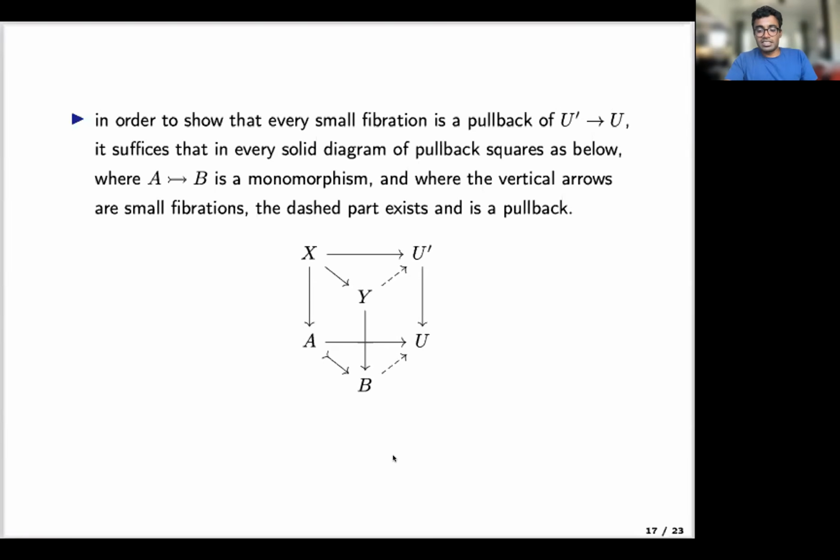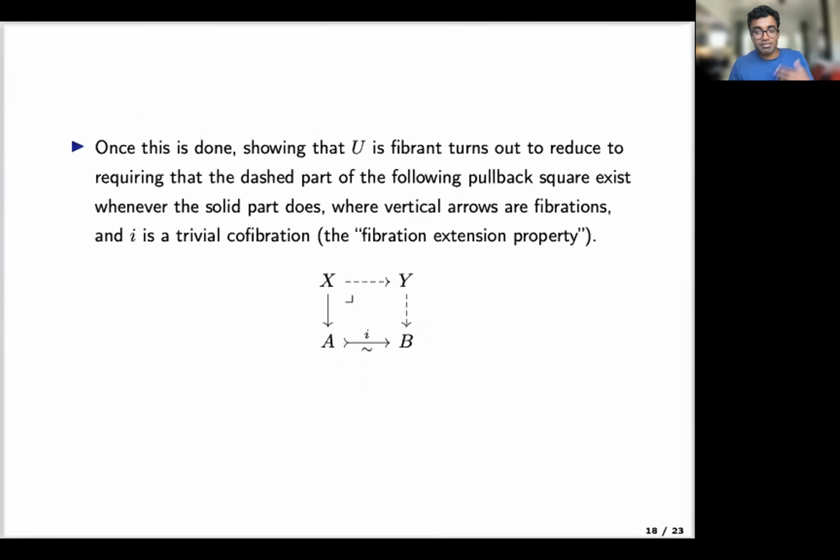But this property turns out to be more useful because, in particular, it allows us to show that being fibrant for the universe reduces to something called the fibration extension property. And the fibration extension property says that fibrations extend along trivial cofibrations. So given a vertical map, that's a fibration, and a horizontal map, that's a trivial cofibration, we can find a